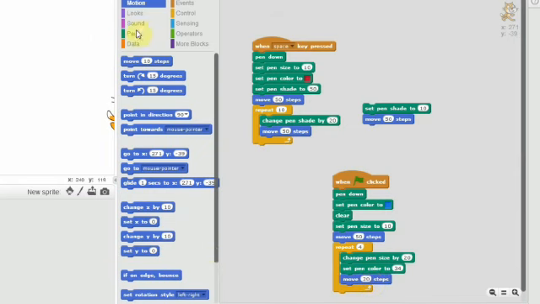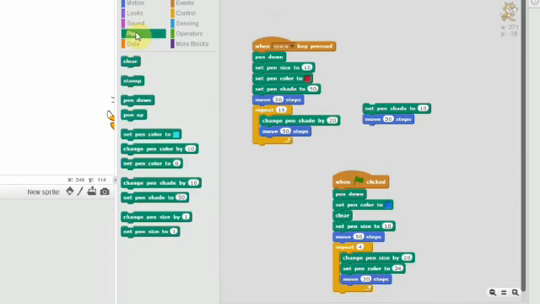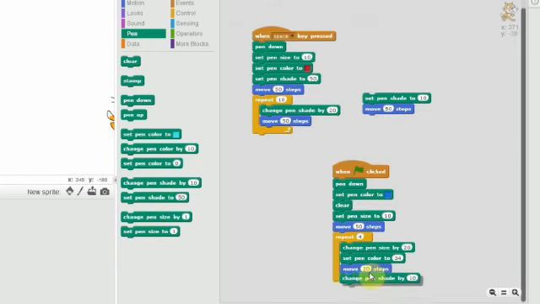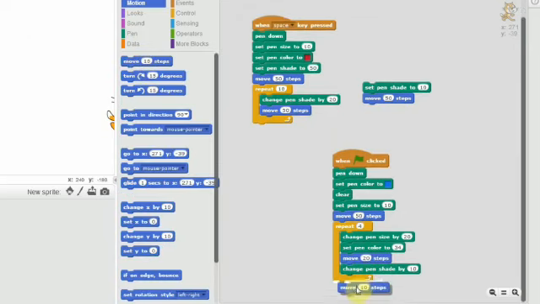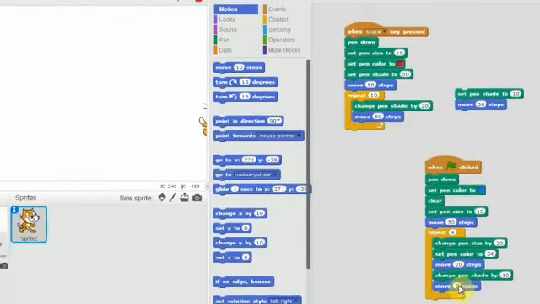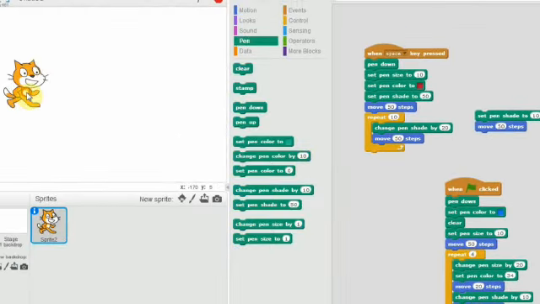Once again, click the pen block. Click change pen shade by. I am going to change the brightness of the pen color. Okay. Change pen shade by. Next, click the motion block. Take the move block. Change the value to 20. Now I am going to run this script.